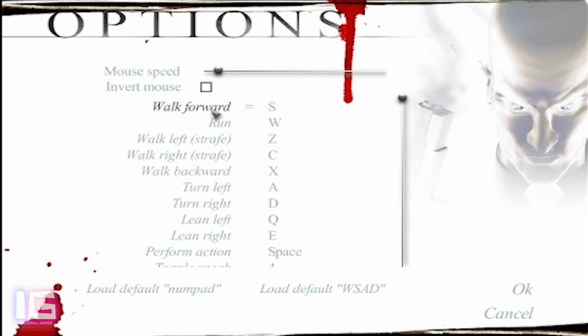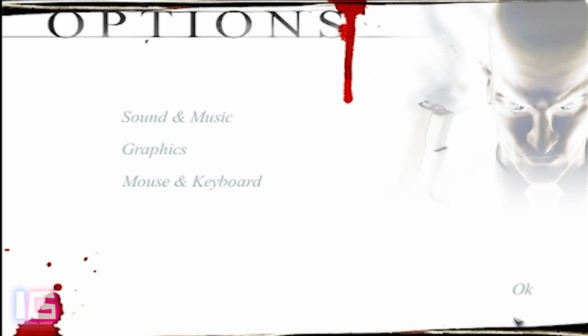The first one is load default WASD configuration, and the other is load default numpad. I used to play this game on the numpad configuration and I'm pretty used to it, but this time I thought, how about we try to play this game via WASD, the normal route. And actually I did finish this once on the WASD keyboard configuration, and it's far better than the numpad controls layout. So I will just click cancel here as well,